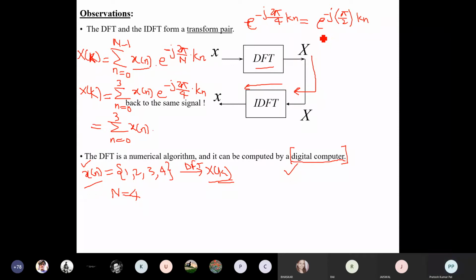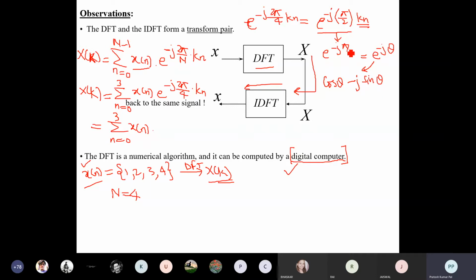So next we will see, like suppose kn we can remove it, we will only consider this part. Okay, we will consider only this part. So this is e to the power minus j pi by 2. So it is similar to e to the power minus j theta. ठीक है, ये e to the power minus j theta के इक्विवेलेंट है. So e to the power minus j theta को हम क्या लिख सकते हैं? That can be considered as cos theta. Okay, if it is minus, it will be minus j sin theta. ये हमने पढ़ा हुआ है यूलर्स आइडेंटिटी के थ्रू. So that will be it cos theta minus j sin theta.